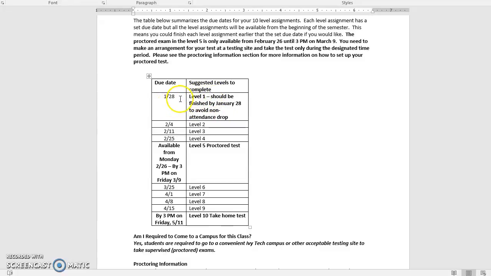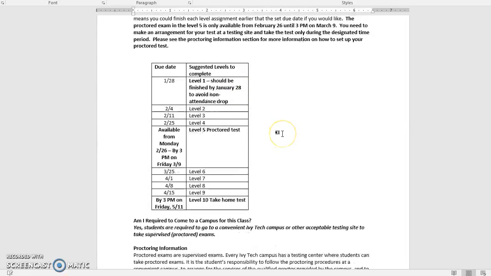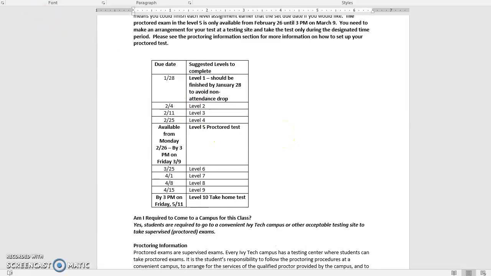Unless you're not going to make any points out of that activity. And then level 2 all the way up to level 10 activities, they all have different due dates. So make sure you understand those different due dates and complete all those course tasks to earn the best points possible. I'd like to make sure that you understand that completing the first level 1 activity is really important, because